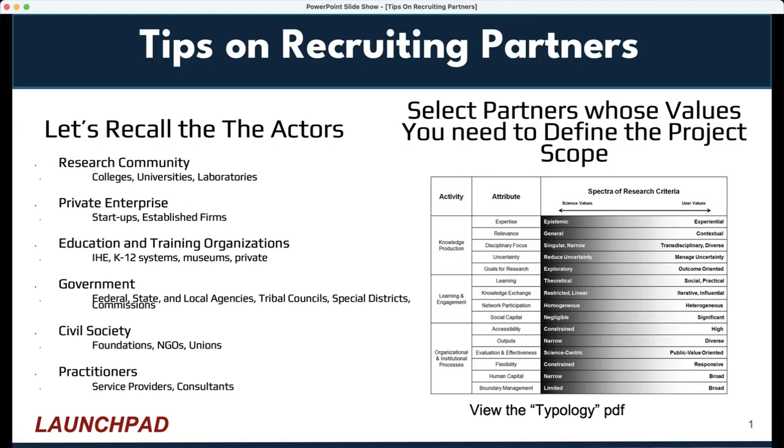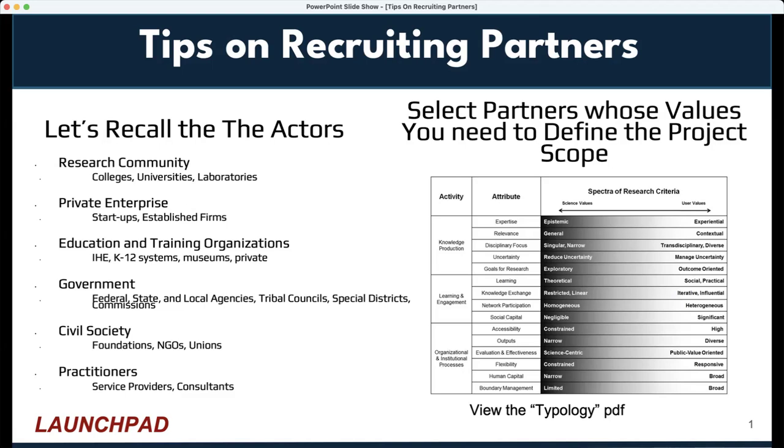Now, there's a PDF in the module about the typology for assessing the role of users. And you can see the way this typology works is there's 3 different activities. Each activity has various attributes, and depending on the project, the nature of the project, some of the attributes will